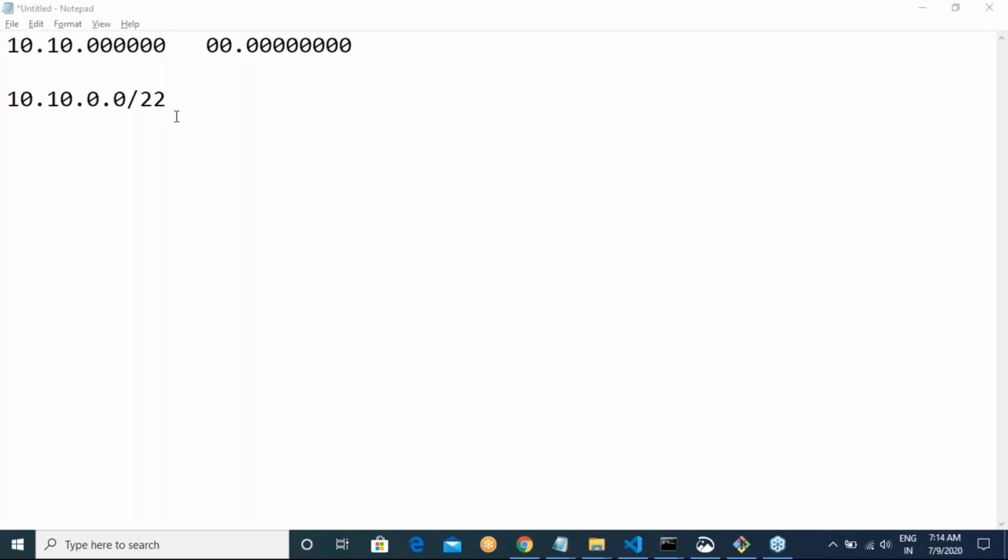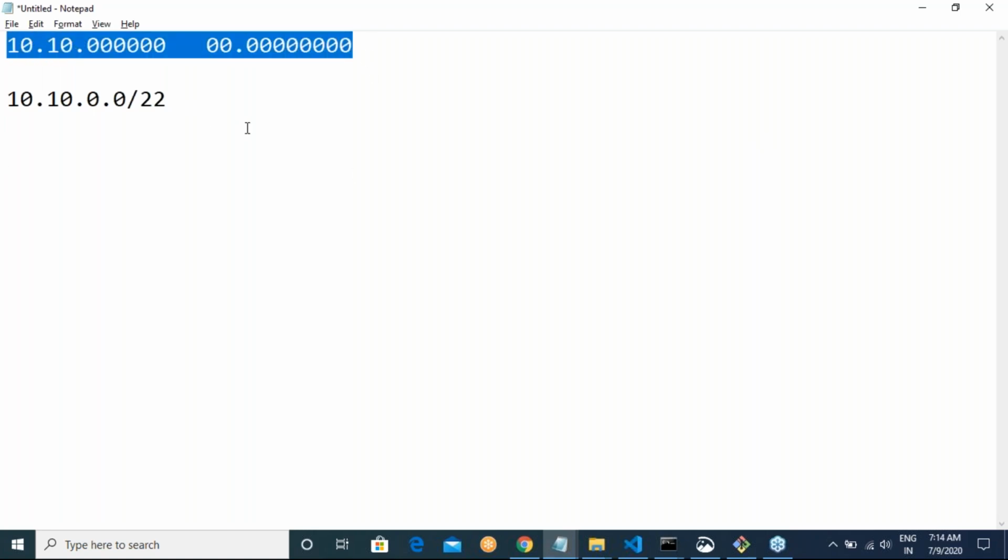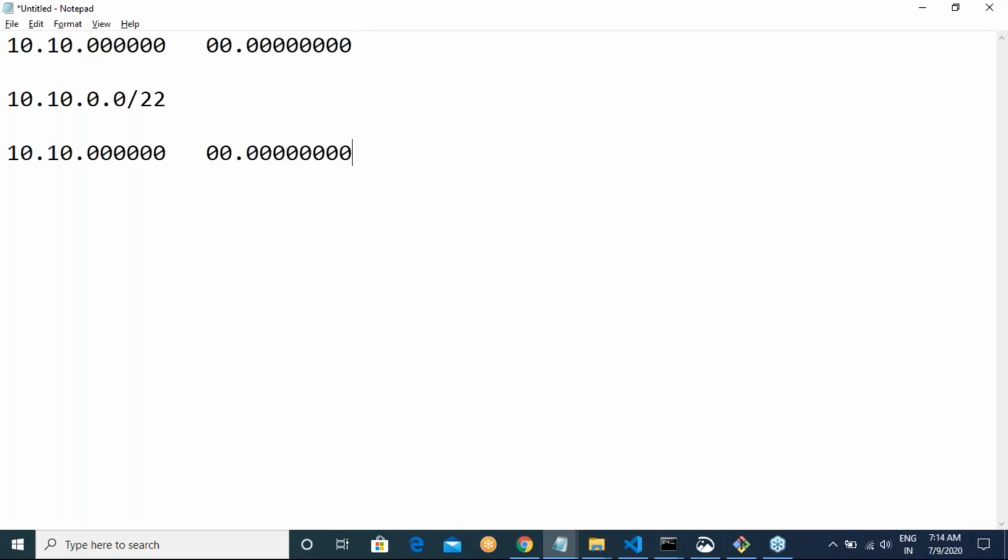Right. So now I have to go for the next subnet. In the next subnet also we have this challenge. So let me copy this. But this is already used, right? Do you agree with me on this? So since it is already used, I'll change the last bit to 1.